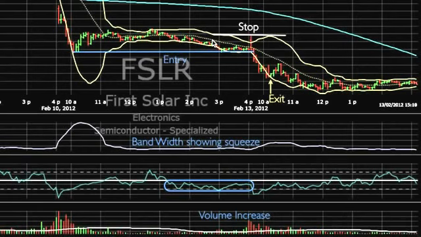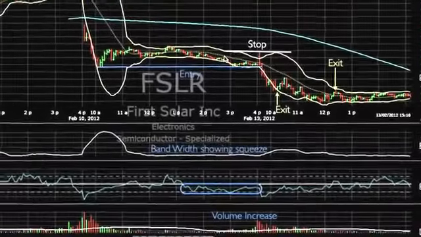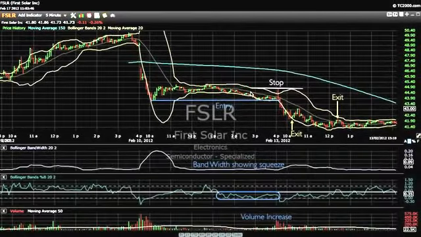You want to get out with some of your positions now because you're using the initial thrust down, the initial momentum to the downside to make some money. When that momentum dries up a bit, you want to exit some of your shares to make sure you book some nice profit. Second, your exit is when it closes above that 20 MA. That's your last hard trailing stop, and then you're finally out of the trade.